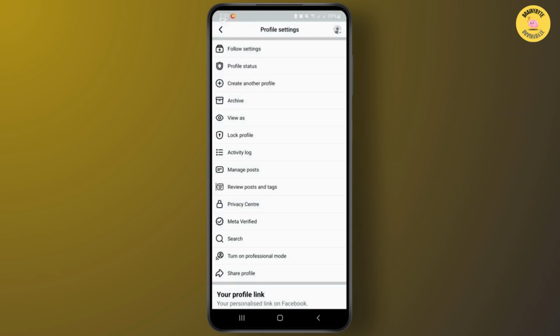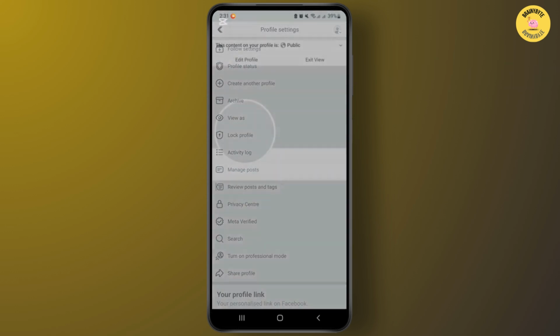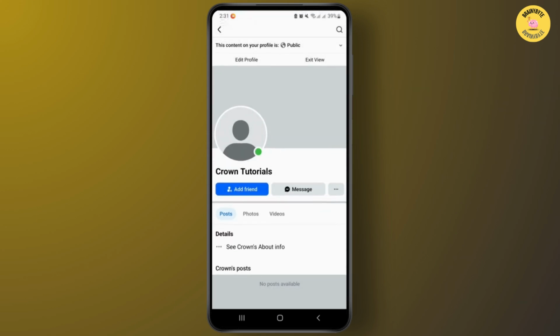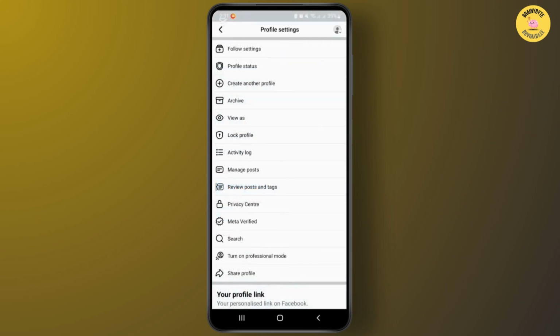Alright, so now from here, I have successfully turned off the professional mode on my Facebook profile. So now on this View As option, I will be getting options like add friends. So this is the easiest and simplest method to change your follow button to add friend button on your Facebook